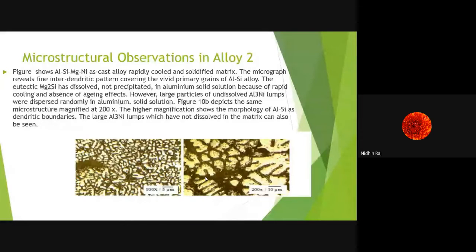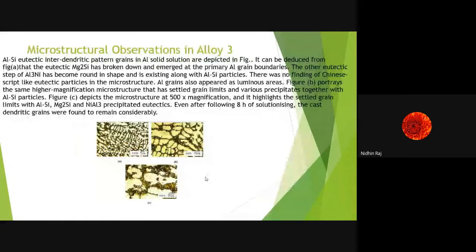Okay, so that is regarding the microstructure of alloy 2. Now moving on, this is the microstructural observation of alloy 3. The aluminum silicon eutectic interdendritic pattern grains in aluminum solid solution are depicted in figure A. It can be seen from figure A that the eutectic Mg2Si has broken down and emerged at the primary